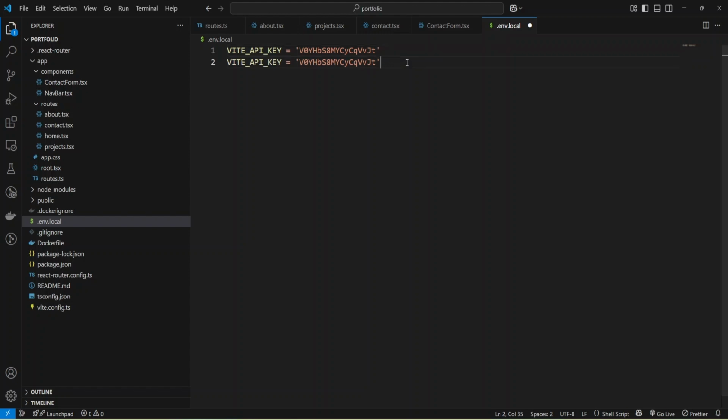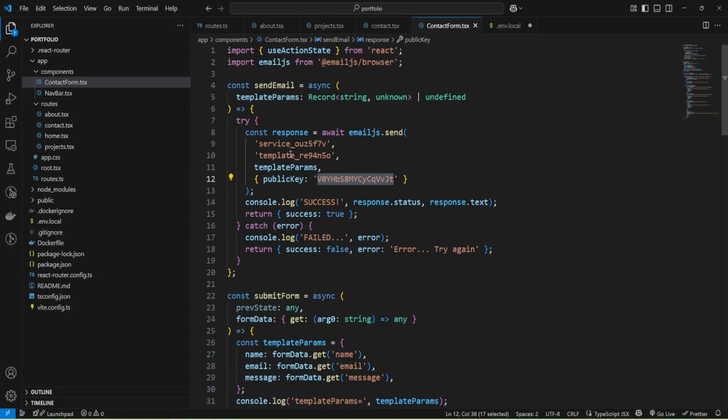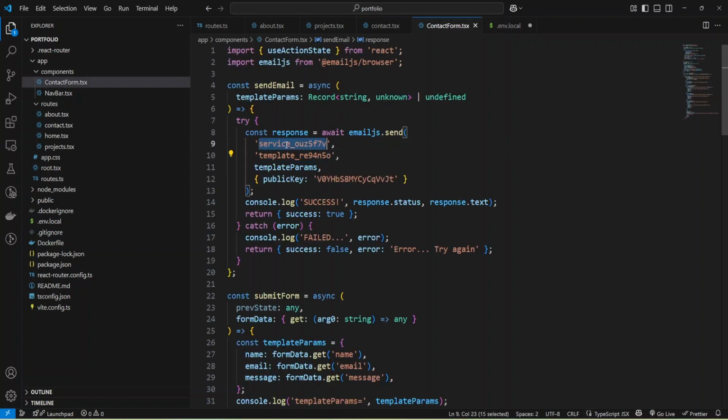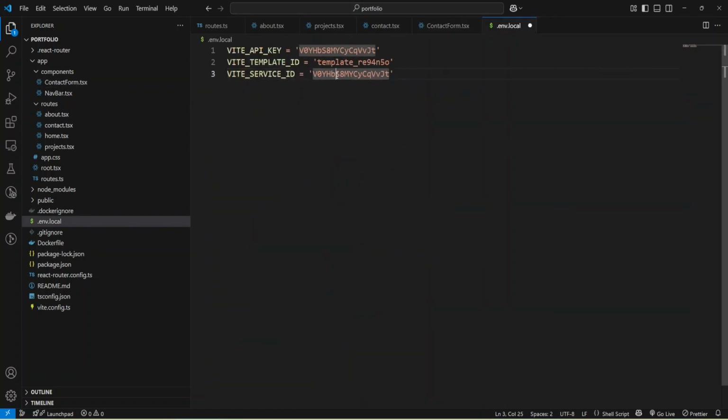We'll copy and paste, and let me provide template ID, and we'll copy it from here and provide, and also I'll provide service ID, and we'll provide this value.